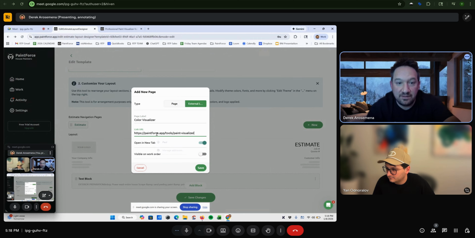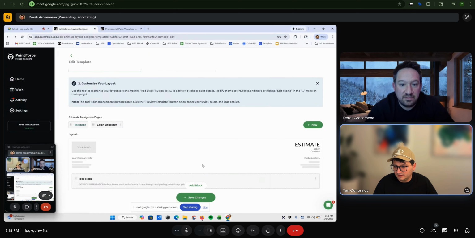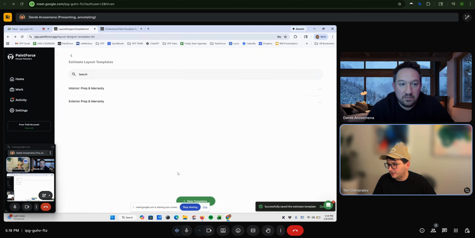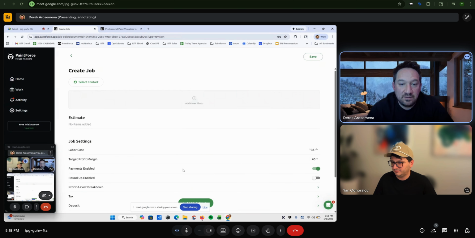Okay. Link. Open a new tab, probably yes. Yep. Save. So now when they look at this estimate that used this template, so you could create a new blank job for now. You can